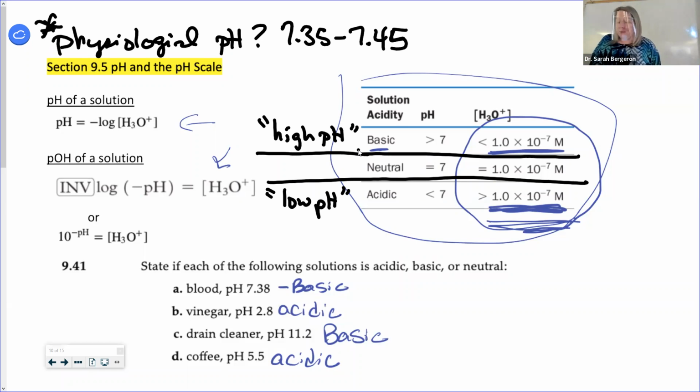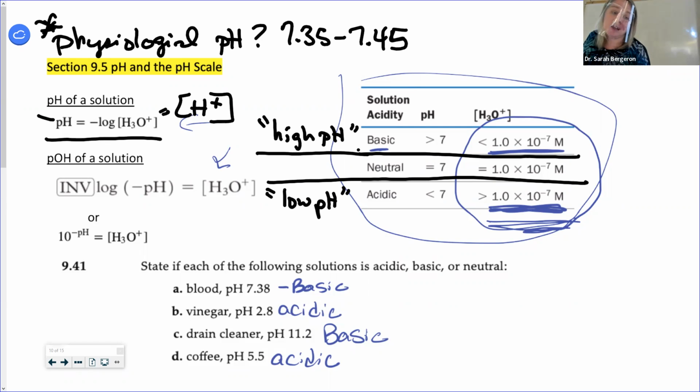So body pH is not neutral. We operate slightly above a neutral pH. When we talk about pH, why do we say the letters pH? What does that H stand for? It stands for hydrogen ion concentration. The definition of pH is the negative log of the concentration of the hydronium ion, which is the same thing as H+. That's why we call it pH.